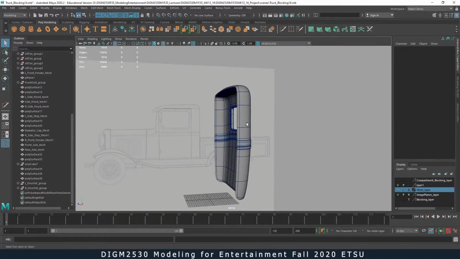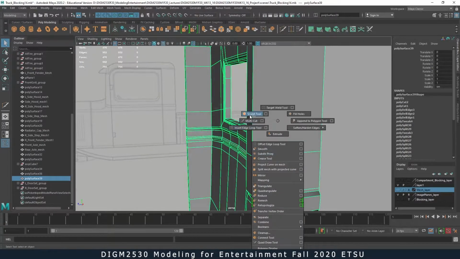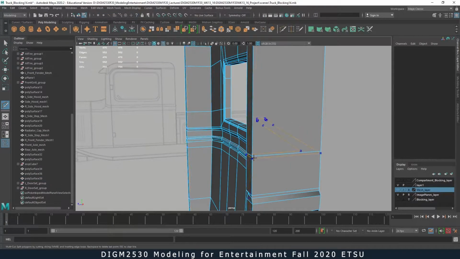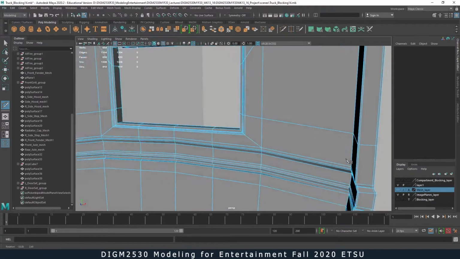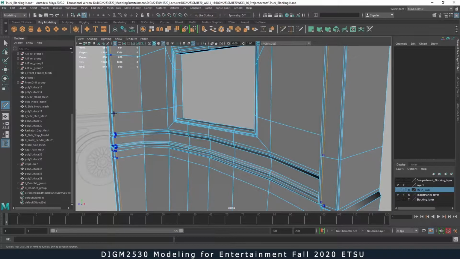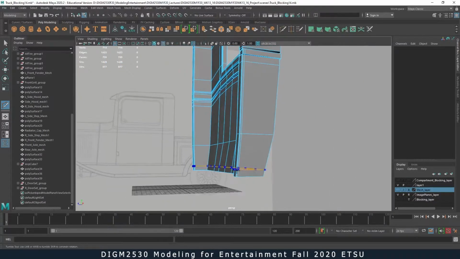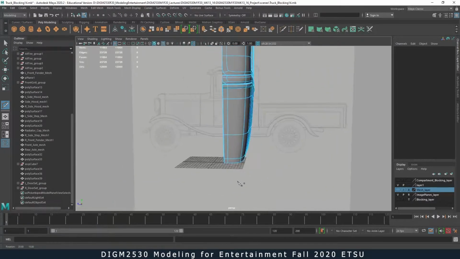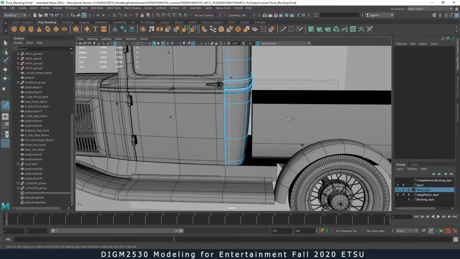Oh, not yet. We have to cut more. Press 1 right here, multi-cut. Make that become sharp edges. I will cut the inside also. There we go. And then the bottom. Now it looks like this. There we go. So if I bring everything back,